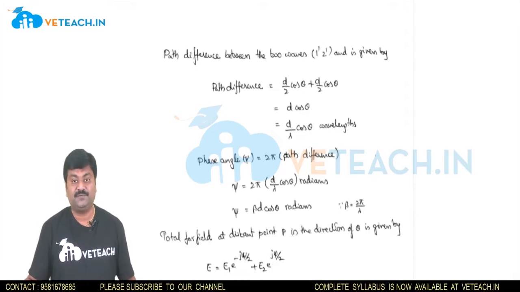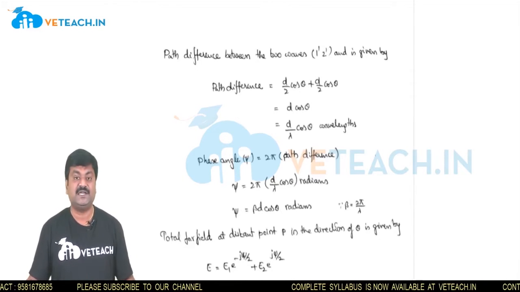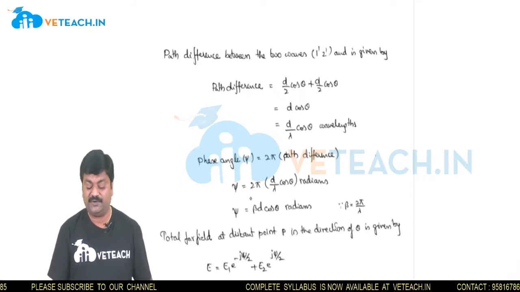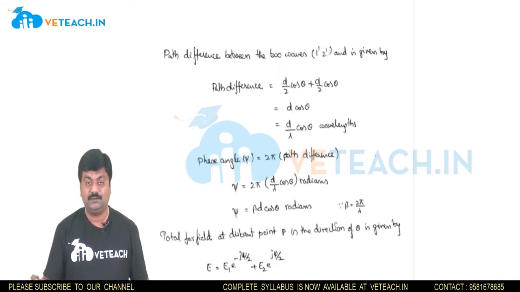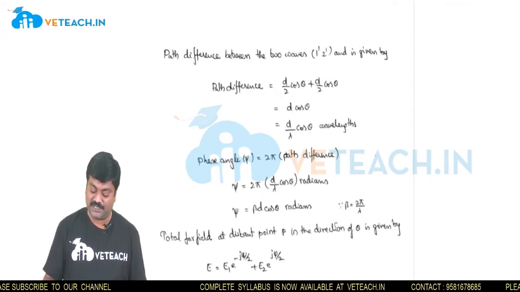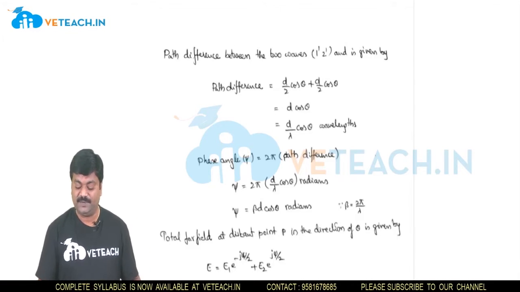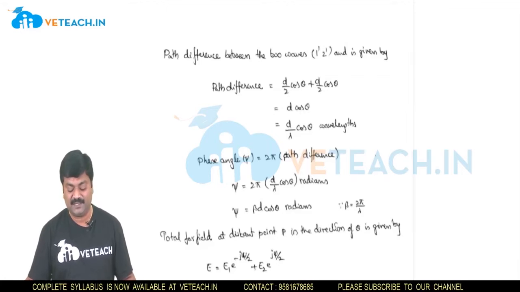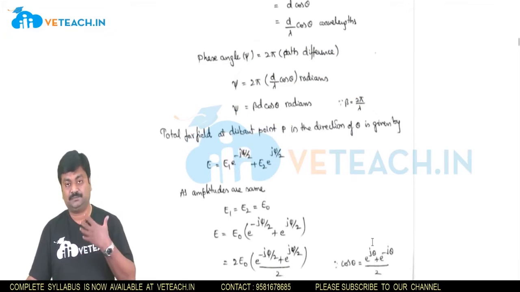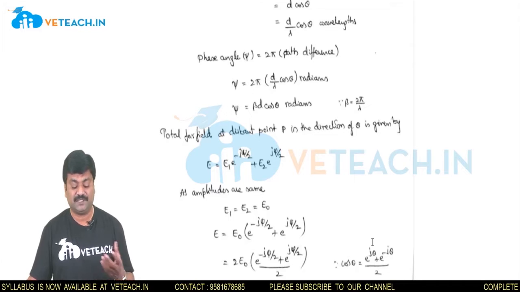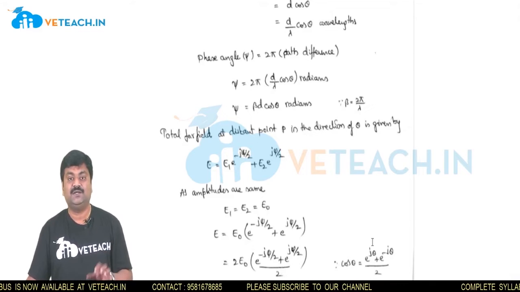And what is the phase angle? The way it has been defined is that it is always 2 pi times the path difference. So I will substitute the value 2 pi into d by lambda cos theta, which is nothing but beta d cos theta, where beta is 2 pi by lambda. And now the main purpose of finding this path difference and the phase angle is to find